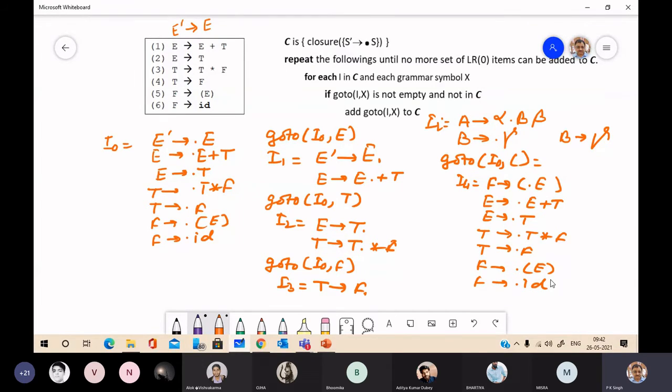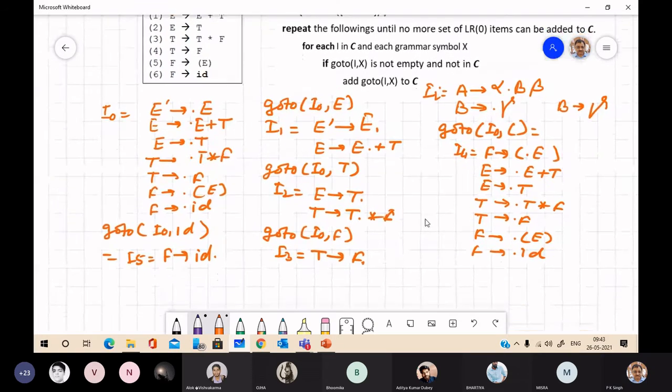Now apply GoTo again for the remaining grammar symbol on I0, that is ID. GoTo(I0, ID) will give I5, which is nothing but F to ID dot. Now we repeat this process for all new items.